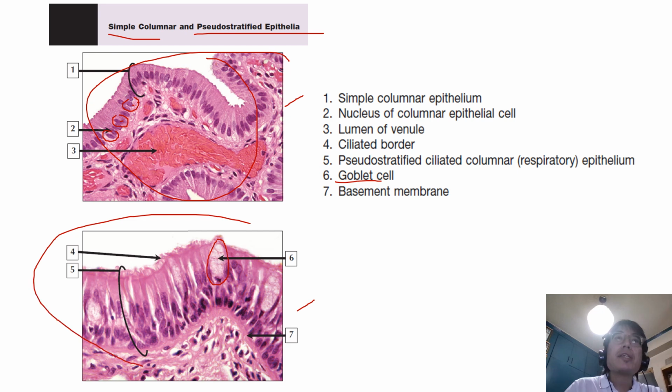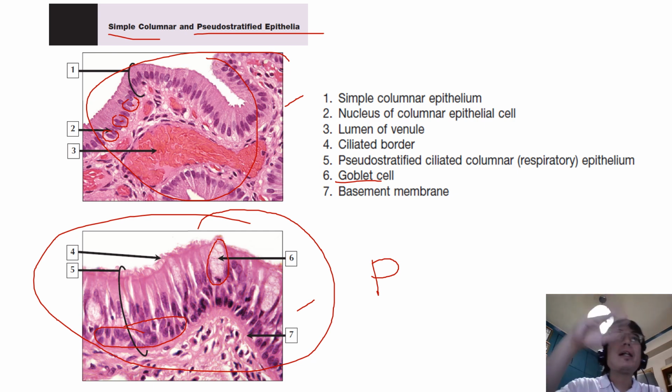Below here, again, is the pseudo-stratified respiratory epithelium, consisting of more than one type of epithelial cell that show variation in size, shape, and function. The basal layer belongs to replacement stem cells that retain mitotic potential. The more apical, that is the more superficial, layer belongs to tall columnar cells, many of which bear cilia on the surface. Whereas all cells contact a basement membrane, only some reach the free surface.